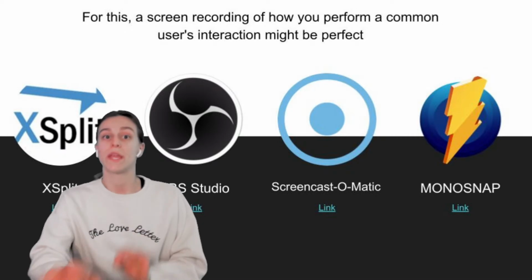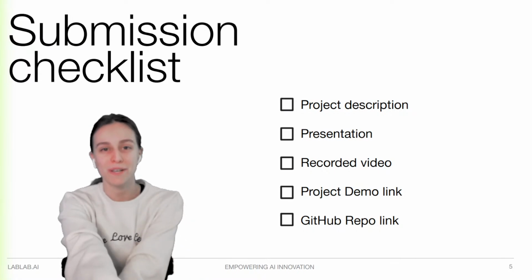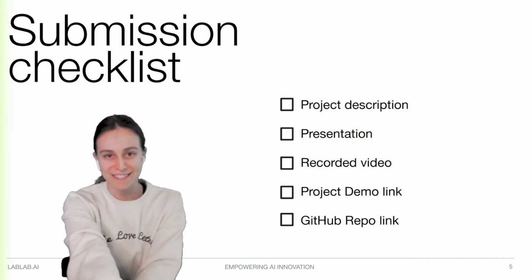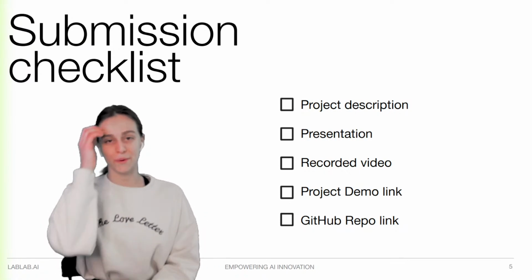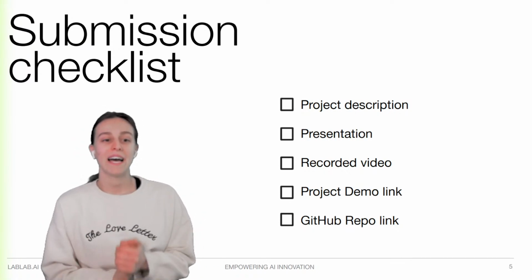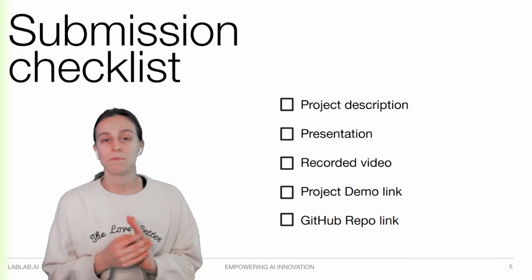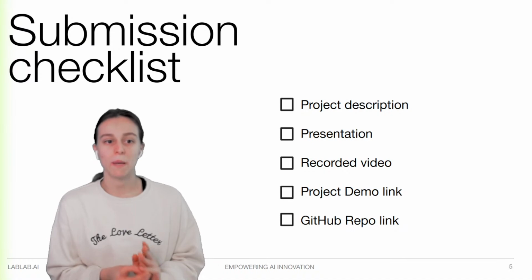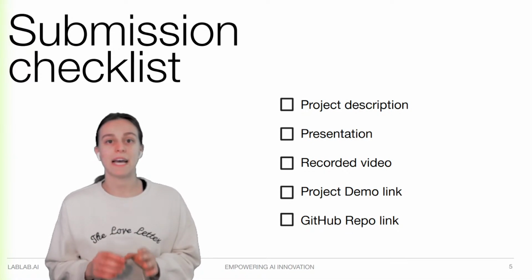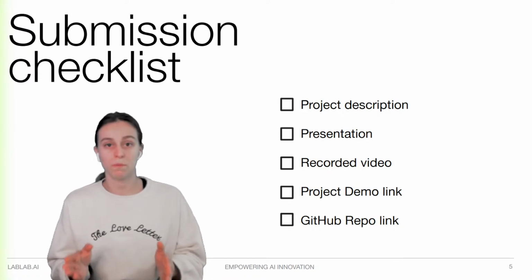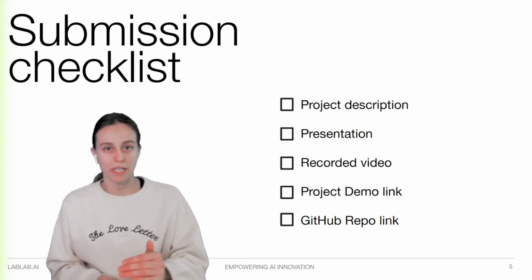So it should be really good. And moving next, I prepared a very easy, simple submission checklist for you so you don't mess up while you prepare your submission. Super easy. So, project description and project title. Project title is probably the easiest, but for project description, try to make it short and as descriptive as possible. It's your pitch but written as text, and we need to read it.